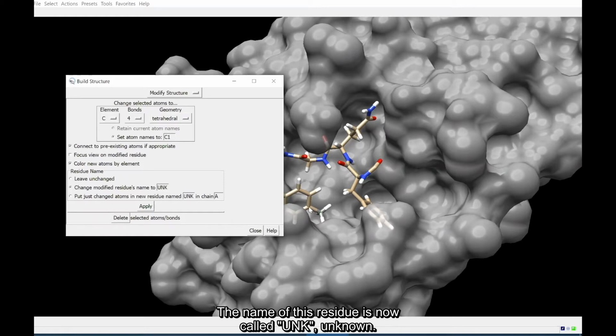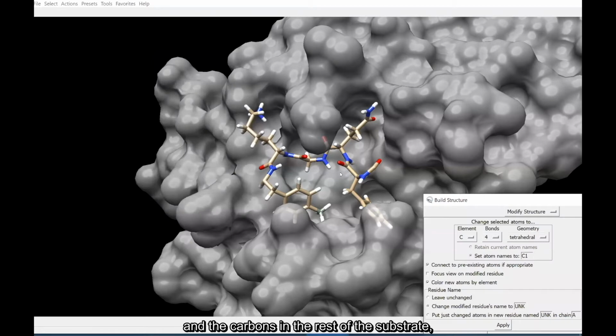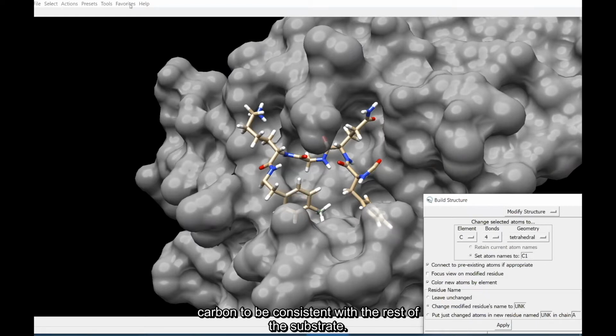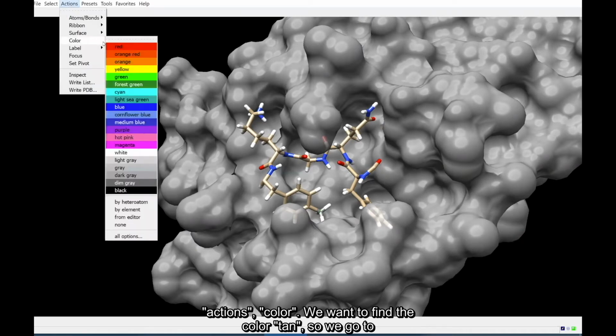And the name of this residue is now called UNK, unknown. The carbon in the newly built methyl group is in gray color, and the carbons in the rest of the substrate, they are in tan color. So we want to change the color of the newly built carbon to be consistent with the rest of the substrate. We can go to the color option using the menu bar Actions, Color, and we want to find color